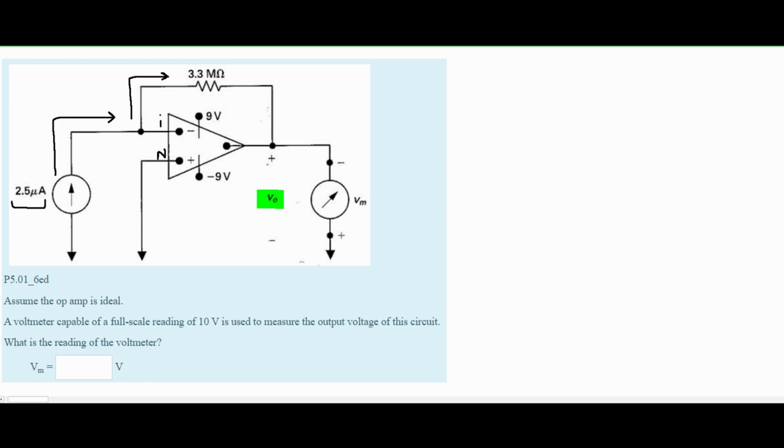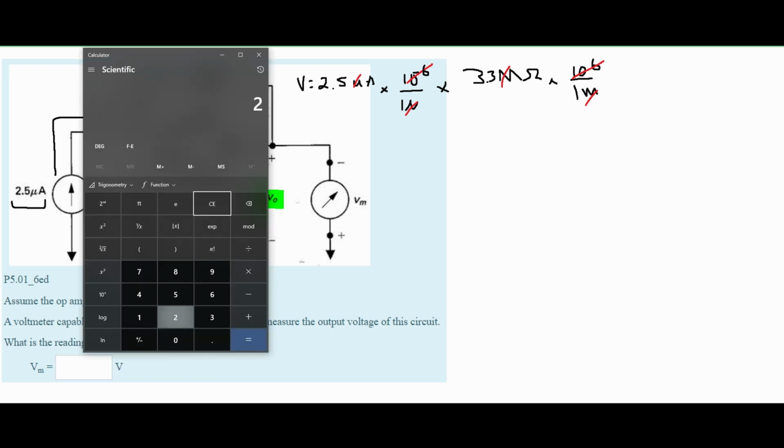We're going to say that our voltage is equal to 2.5 microamps, and we need to make this amps. So to get this to be amps, we are going to multiply it by 10 to the negative 6th over 1 micro. And then this is being multiplied by our resistance, which is 3.3 mega ohms. And we know 1 mega is equal to 10 to the 6th. So we're going to cancel out like terms. The micros will cancel out, the 10 to the negative 6 and this 10 to the 6 will cancel out, and the megas are going to cancel out. So that's going to leave us with 2.5 times 3.3 amps times ohms, and this is going to give us a voltage of